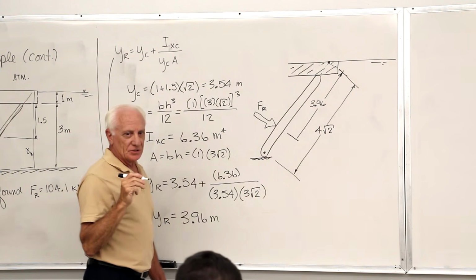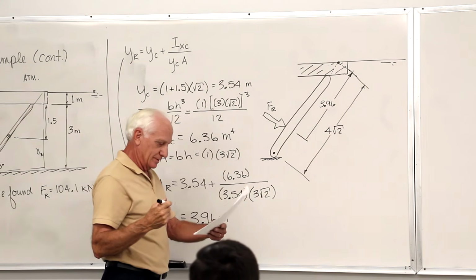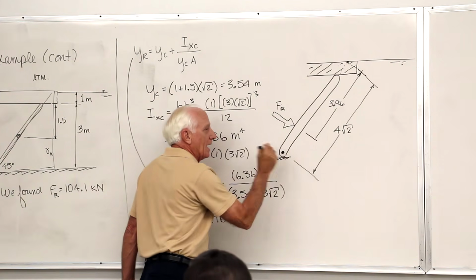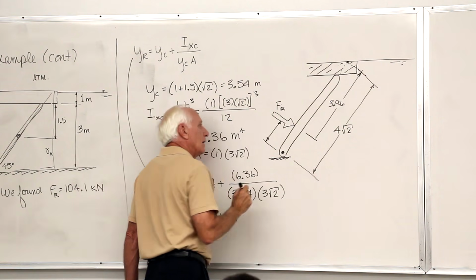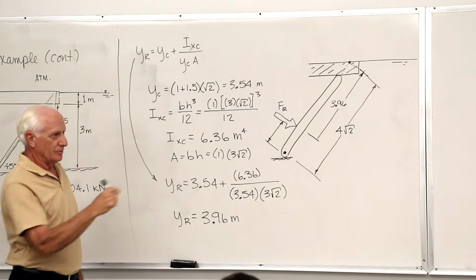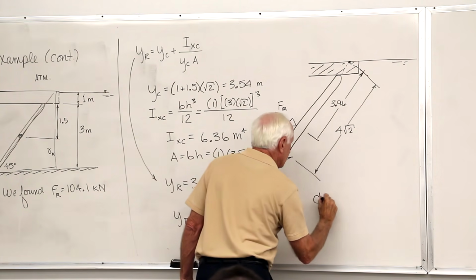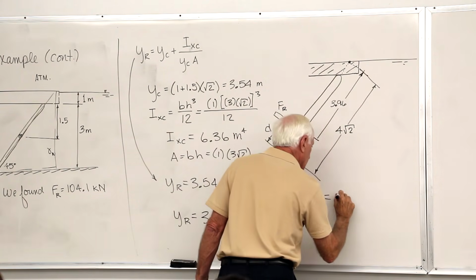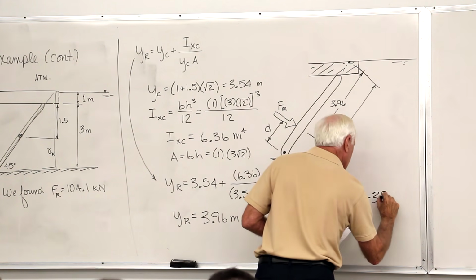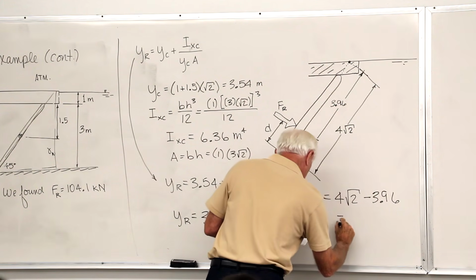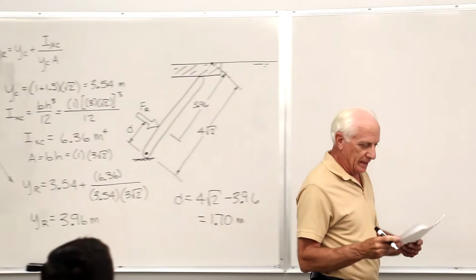What we want to know, if we sum moments about point O, the hinge point. I'll call it point O. No, that's right here. I'm interested in how far from the hinge point to F sub R, that distance. Well, you can see what it is. So that distance, you can call it D if you want. D equals the total distance, 4 square root 2, minus this distance, 3.96, is 1.70 meters. So that's how we find the moment arm